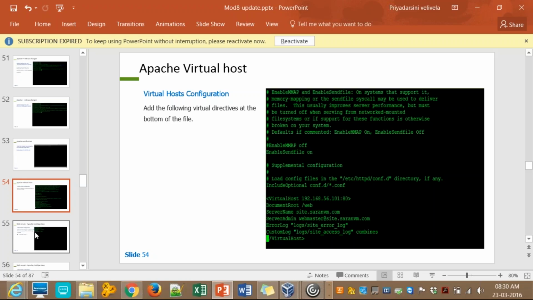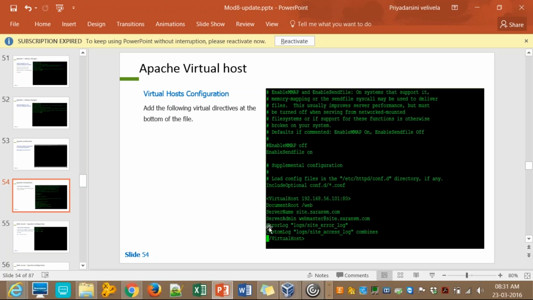Okay. So in order to configure the virtual hosts, as you can see here, there is a default set of parameters that are available as a part of your HTTP configuration file. So you just have to copy this if you want to configure multiple virtual hosts. So copy it multiple times, and you need to provide the virtual host name and the location from which it is going to source the content,